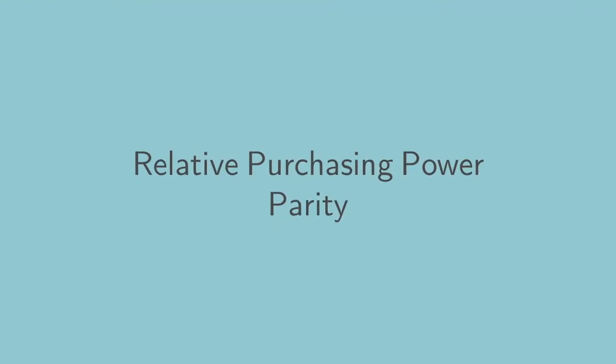Now we move on to relative purchasing power parity. Earlier we said that if the home basket and foreign basket look very similar, and there is no trading barrier and no other transaction cost, then the real exchange rate should be equal to 1. But in reality, the home basket and foreign basket are so different, and there are all kinds of transaction costs. Therefore, the real exchange rate between two currencies is usually equal to some number k,